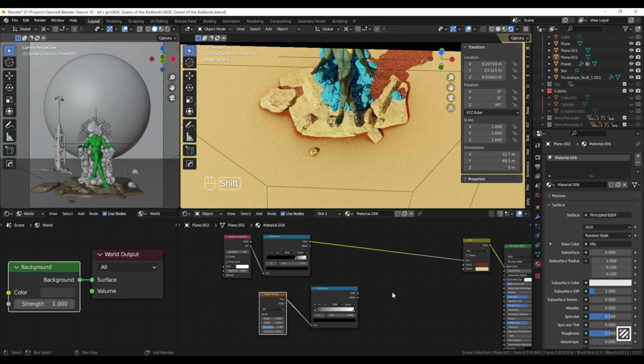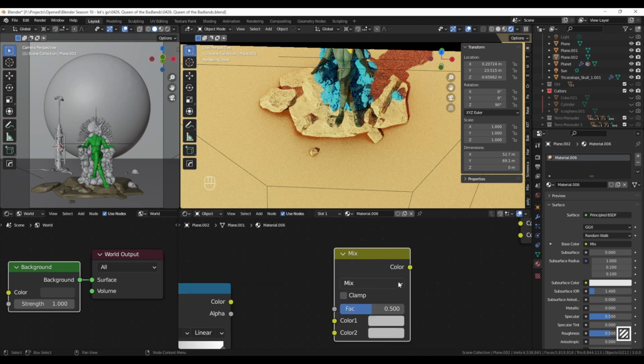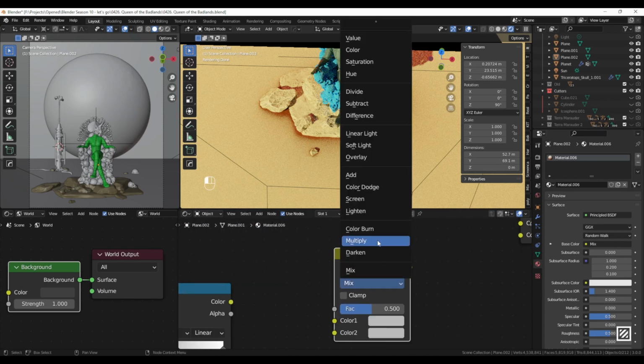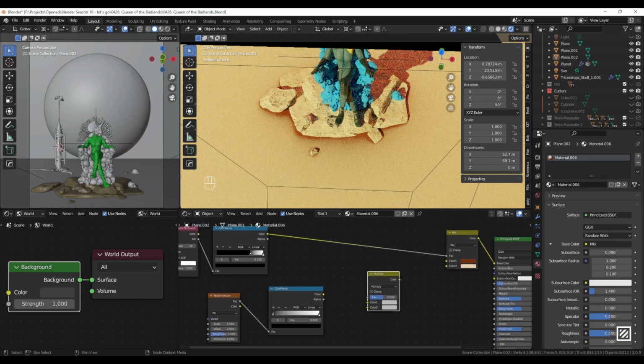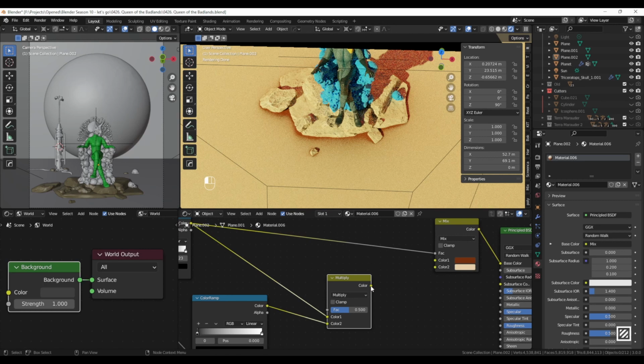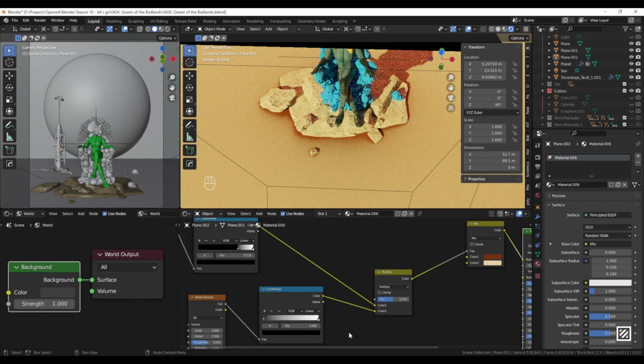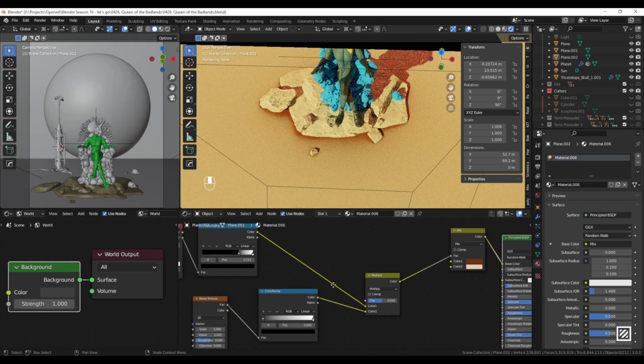and I will also add another mix RGB node, but this time I will change the mixing mode from mix to multiply. Next I will plug the top color ramp with ambient occlusion to color 1 and bottom color ramp with noise texture to color 2. And now that multiplied node, I will plug it to factor in our mix RGB node. Not much has changed, but if we preview those two